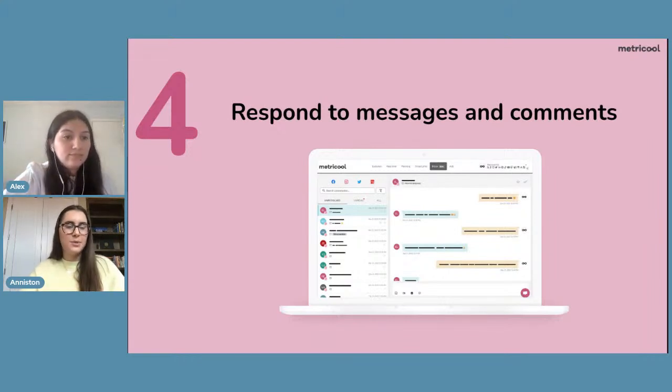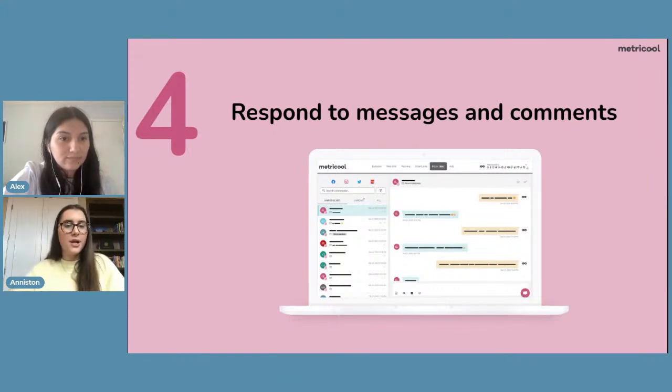And there's 3 different tabs we have. Just for privacy of not showing all of our comments, we're not going to dive into our inbox, but it's super easy to use, really straightforward, has 3 different tabs. So one is going to be unresolved, so ones that maybe you've looked at and haven't gotten to yet, ones that are unread, and then lastly, all of the messages will pop up.